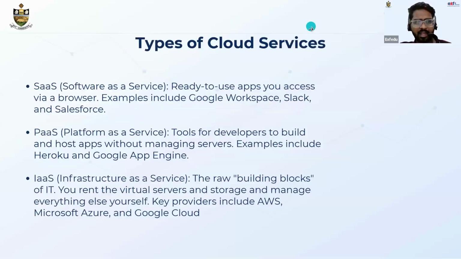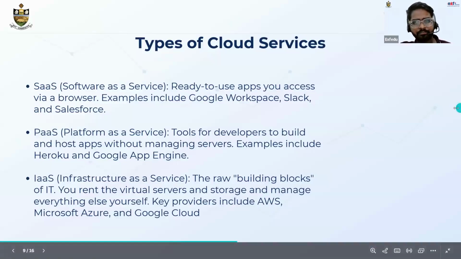So what are the types of cloud services? We have software as a service, where within the browser itself you can access any of the applications. With platform as a service, you can build apps; right now you have Google App Engine and tools within Azure, where you can build your applications within a cloud environment itself. And infrastructure as a service: as I need to deploy my application, which requires more computation, I can deal with infrastructure as a service. I'll have the number of computational units like CPUs, whatever amount of CPU I require, and whatever GPUs I require. These things can be considered with these types of cloud services.